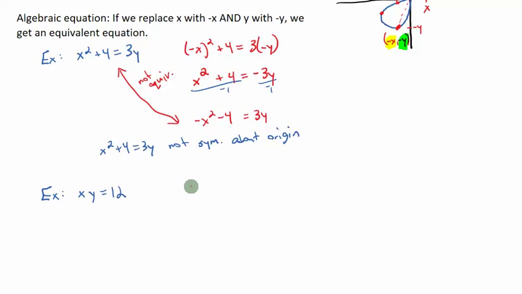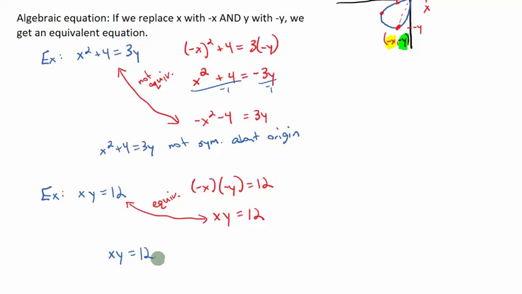I need to replace x with negative x, y with negative y, and see if it's equivalent. Negative x times negative y, since a negative times a negative is a positive, simply gives me xy equals 12, which is exactly the same equation. So they are equivalent, meaning that the original equation, xy equals 12, is symmetric